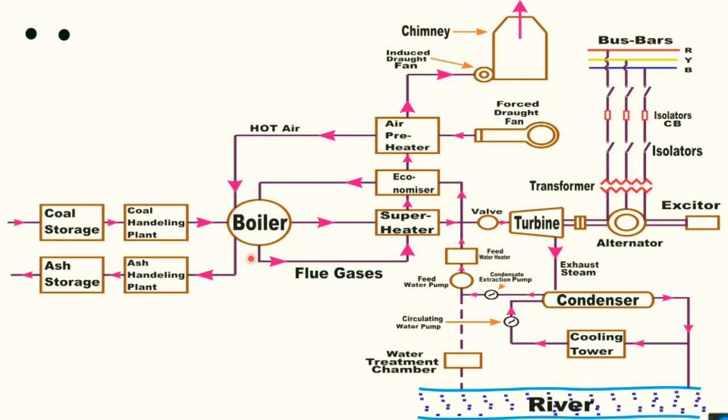This boiler can be of many kinds, like the Babcock and Wilcox boiler and the Lancashire boiler. The Babcock and Wilcox boiler is basically a water tube boiler, where the water is in the tube and the fire is fed from outside, so it's more efficient. Mostly it is used like that. The Lancashire boiler is less efficient than the Babcock and Wilcox boiler, and it is basically a fire tube boiler, where the fire is inside the tube and the water is surrounding it. Obviously, you might have got some idea that this is less efficient than the Babcock and Wilcox boiler.